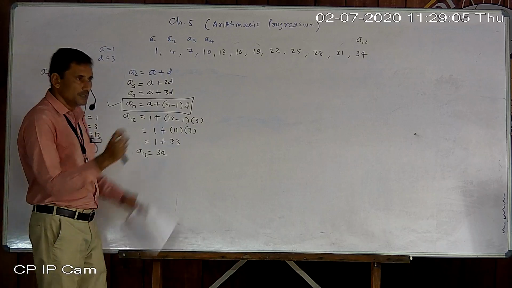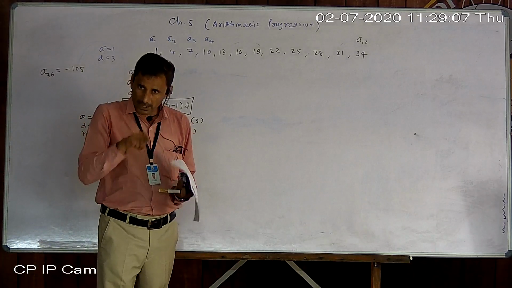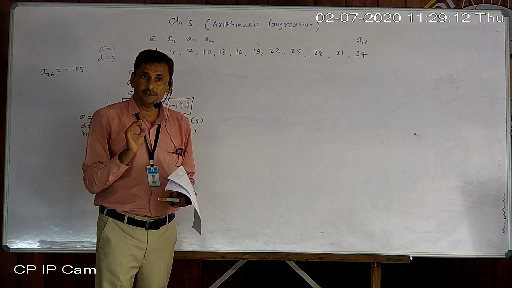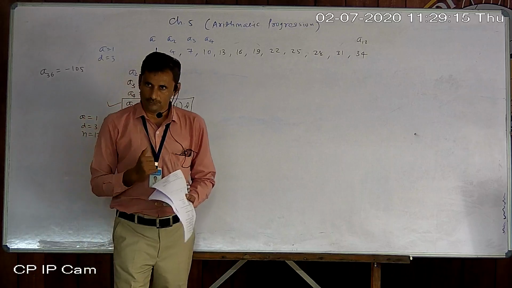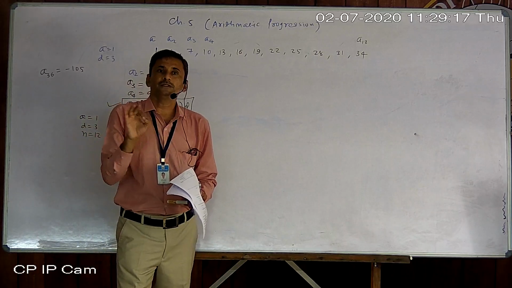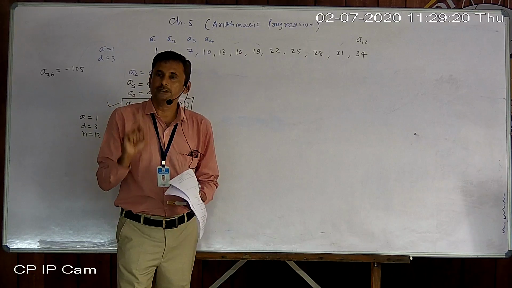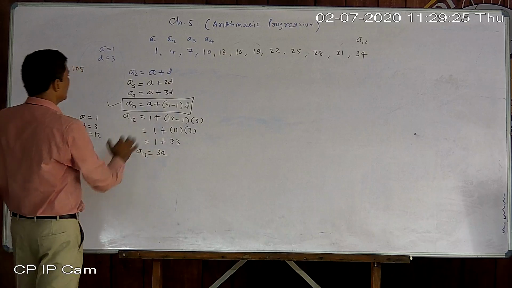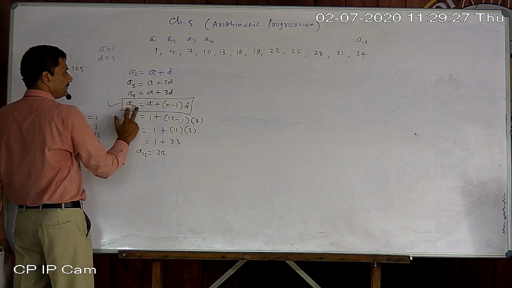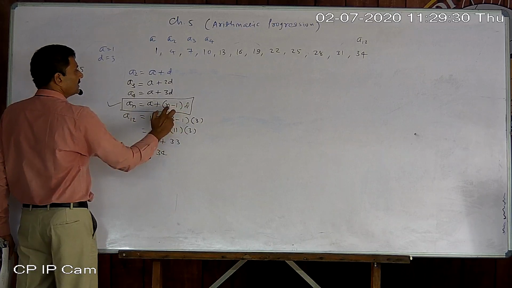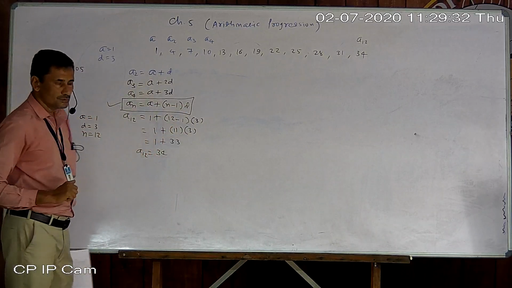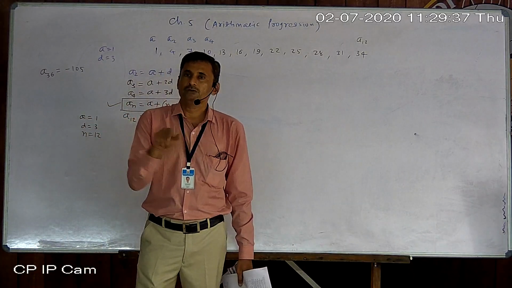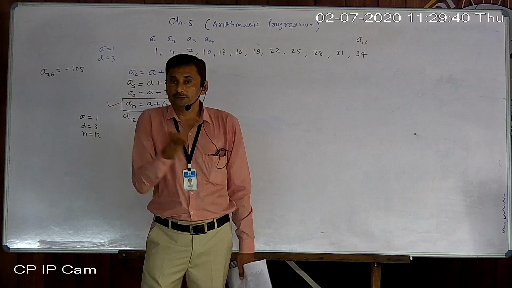Many students confuse n and an. n is a number. Number means its sequence number, just like your roll number. an is its value. Okay. So differentiate both terms. Now, if you are given an, a and d, then you can find its number also. If number is given, you can find its value. If value is given, you can find its number also, just the opposite way, the reverse way.